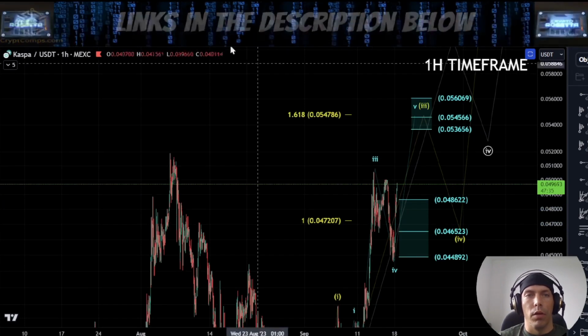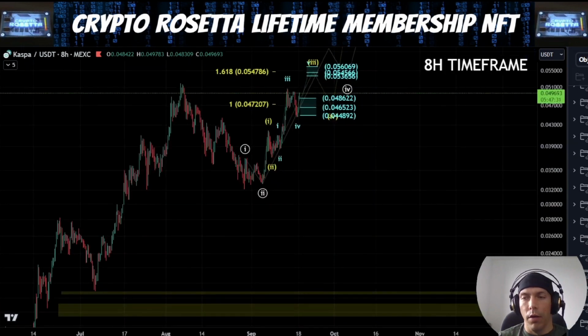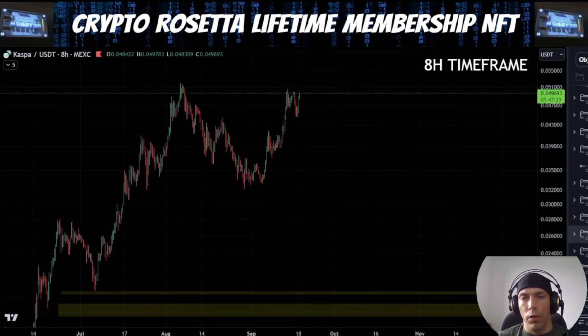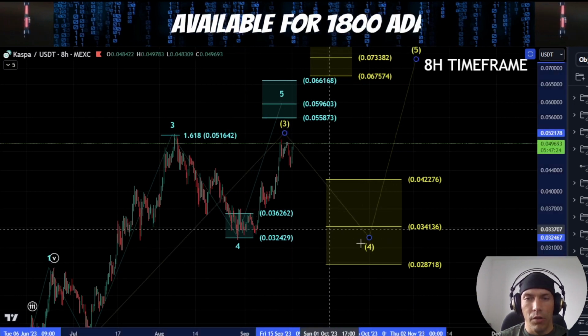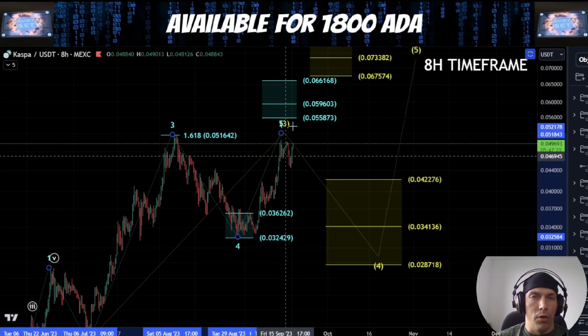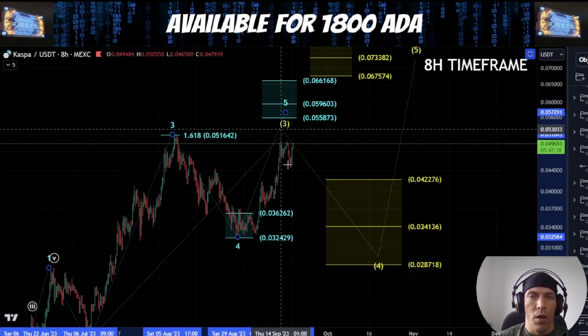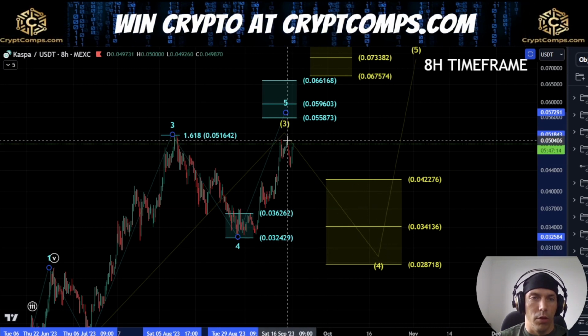And what we could then be looking for is, like we discussed earlier, the potential that from further back here, what we are looking for is that continuation to the downside in this yellow wave 4. So we need to just be careful, because if this wave 3 does complete lower down here and we don't get up into this typical zone, what we could then be looking for is this yellow wave 4 to play out to the downside here.